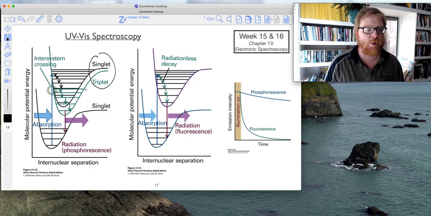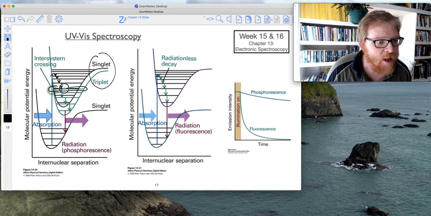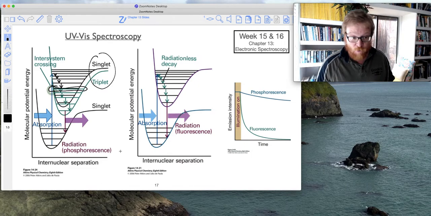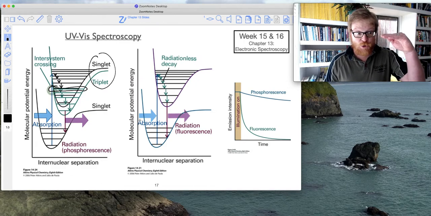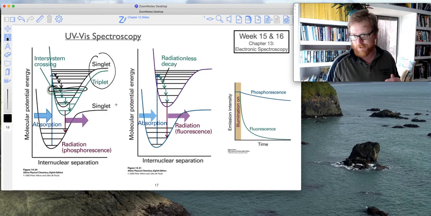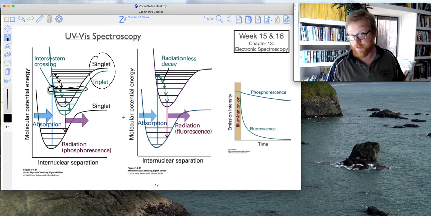You can see the triplet state is slightly lower in energy than the singlet state, but all the same, they're kind of right on top of each other. Particularly where the intersystem crossing is occurring, it's showing that it's occurring at these levels. In this fictitious example, intersystem crossing is occurring right there because those two upper-lying vibrational levels are practically right on top of each other, so there's no penalty for that transition to happen.